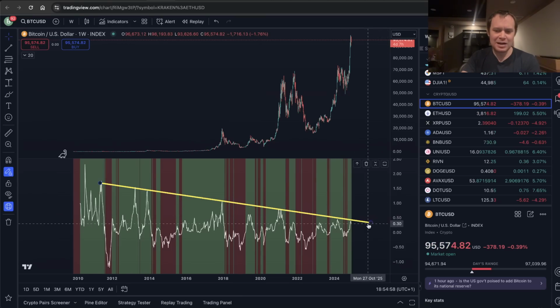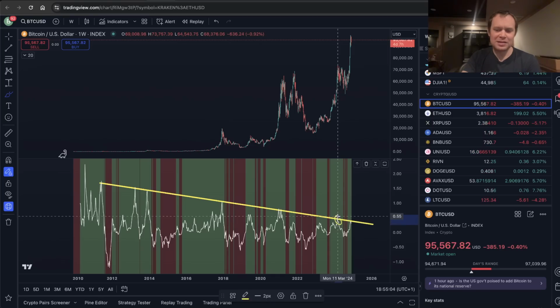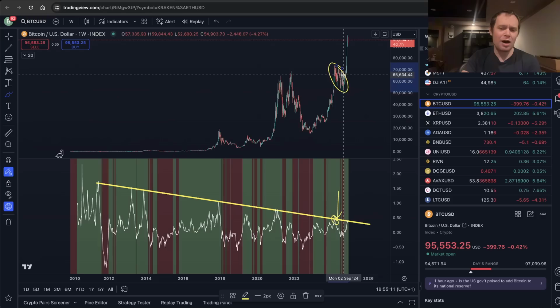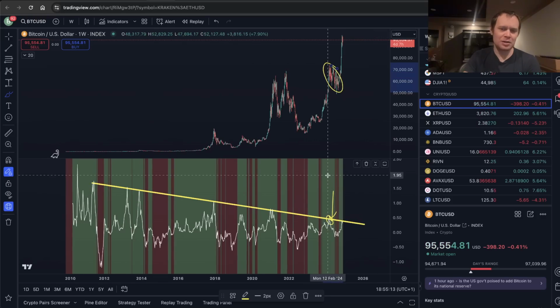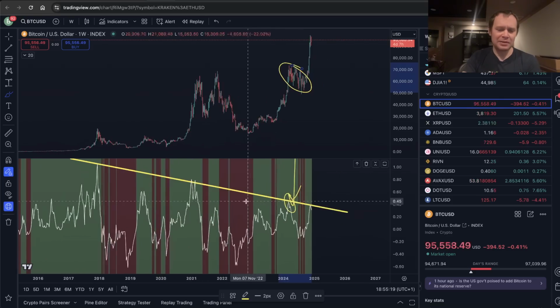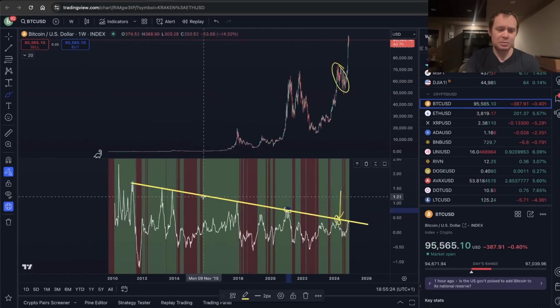If you look at it here, you can see that it tagged this trend line back in March. But obviously the price of Bitcoin is higher now. This was one of the reasons why I said back over here that the market needed to cool off for a little while, because the extension beyond the 20-week moving average suggested it was time for a cool down. So just keep in mind, and even last cycle, right? Last cycle, you can see that it had a couple of tags on the trend line. In 2013, it had a couple of tags on the trend line. So just remember that